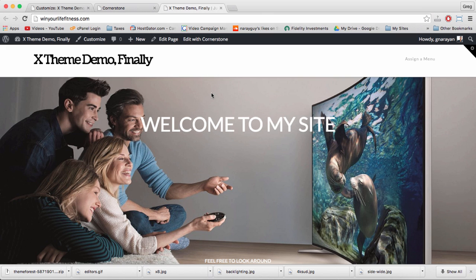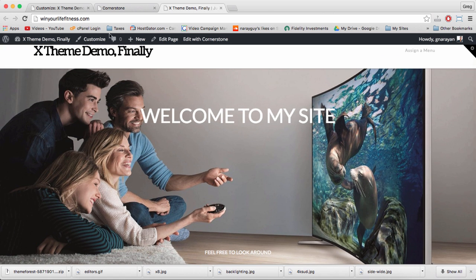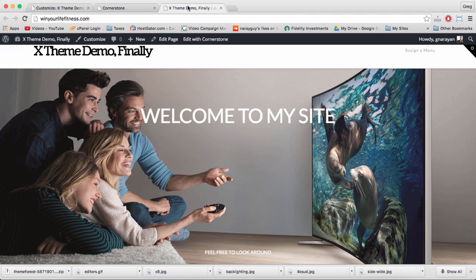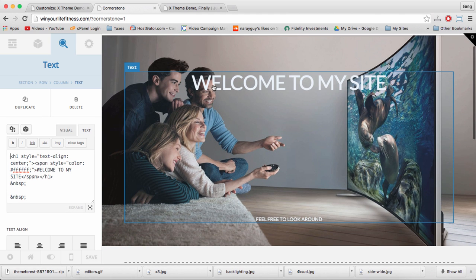Welcome back to another X-Theme demo for WordPress, and let's dive right in and keep working on our hero image. Please make sure your customizer window, your cornerstone window, and your homepage window are open for development purposes. In cornerstone, let's open up the hero image by just clicking anywhere on it